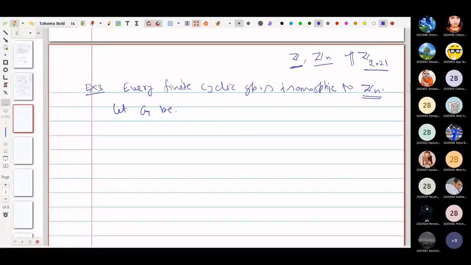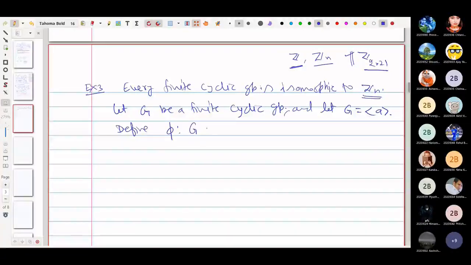Let us consider, let G be a finite cyclic group, and let G be generated by a, some element a. Okay, define phi from G to Zn by... कैसे डिफाइन करेंगे हम? यहाँ के एलिमेंट a to the power k की फॉर्म के होंगे. So elements in G are of the form a to the power k. So phi of a to the power k is mapped to k, and because